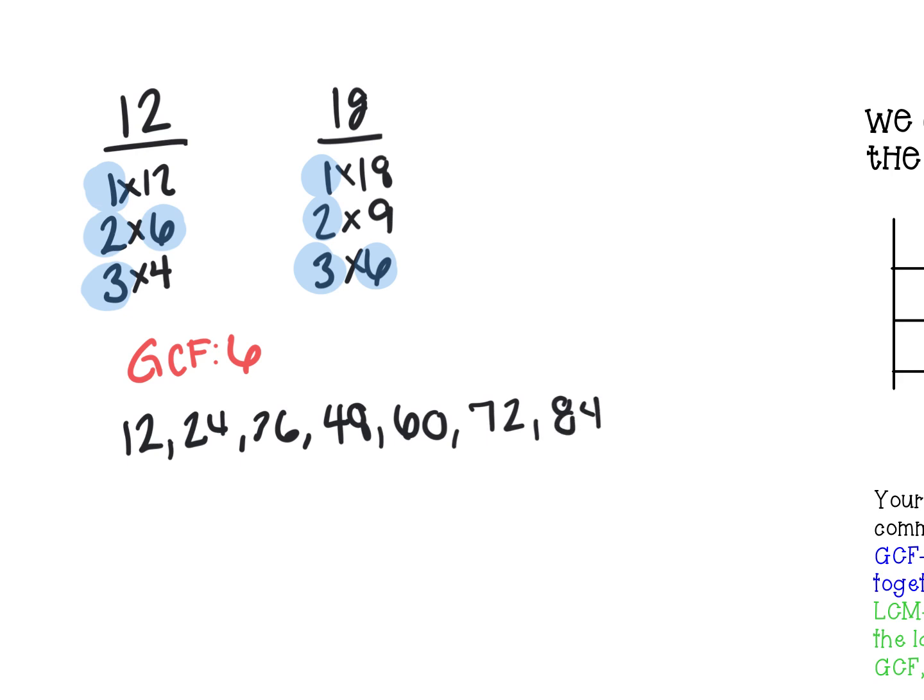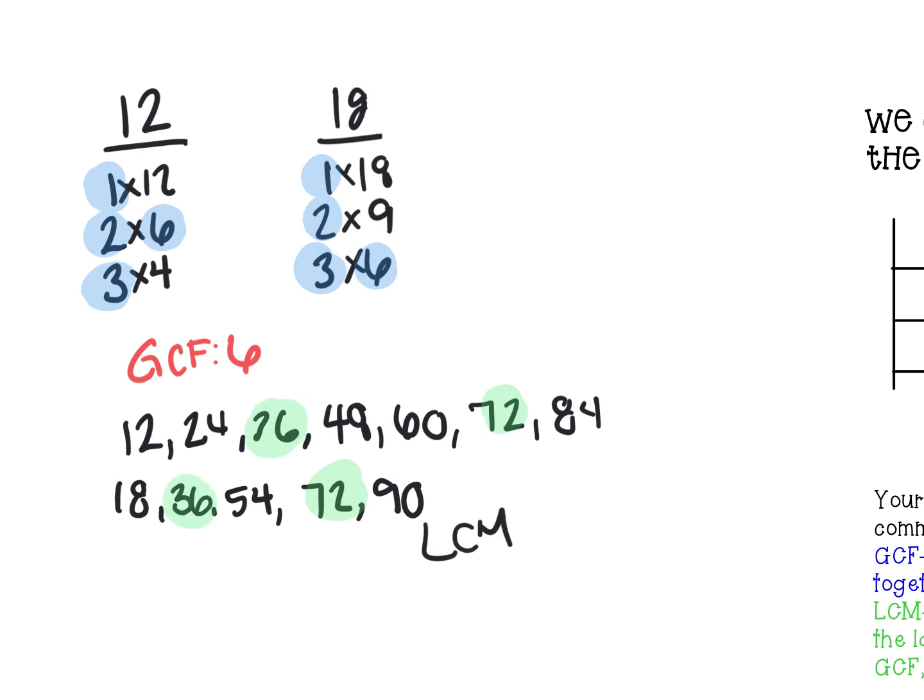Well, now let's jump to 18. 18, 36, 54, 72. What am I doing? 90. Stop. Why? Oh, I've got 72. Was there anything else they had in common? No. 36. So their LCM, their least common multiple, they've got 36 and 72 in common, but the least common